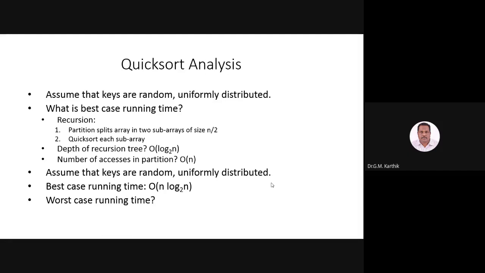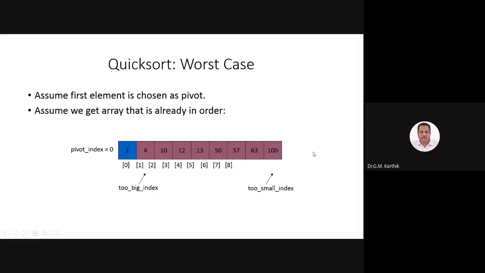So how do you say it is the best case or worst case? Based on the pivot element, if the two subarrays contain an equal number of elements, then we say it is the best case. Otherwise, it is called the worst case. For example, if I choose 2 as my first element as the pivot element, and my list is already sorted, then you will not have two subarrays, you will have only one subarray, and the entire process will be carried out with this one subarray only.